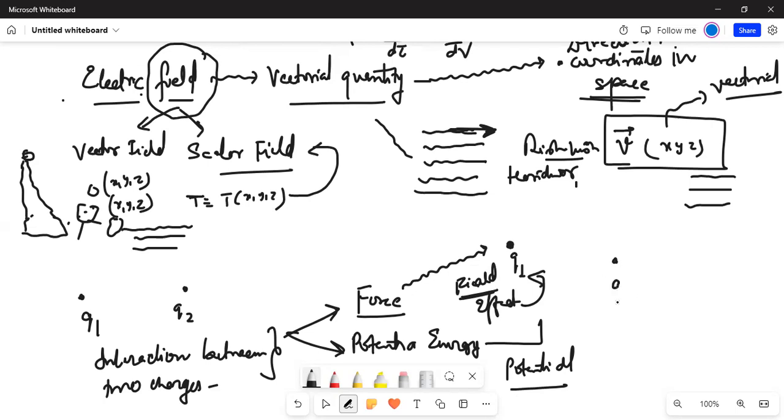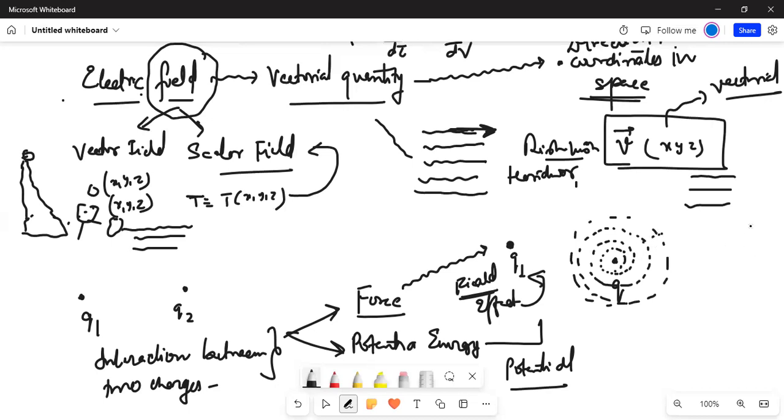In easier language, what would I say? Let's say I have a charge Q here. What would happen as soon as charge Q is set here? It will set a field around itself. What do physicists say? They say that because of this charge Q, there will be some sphere of influence around this charge Q, or you would say because of charge Q, there is a field. Field means what? Again, I told you, because of this charge Q, there is some quantity which depends upon the